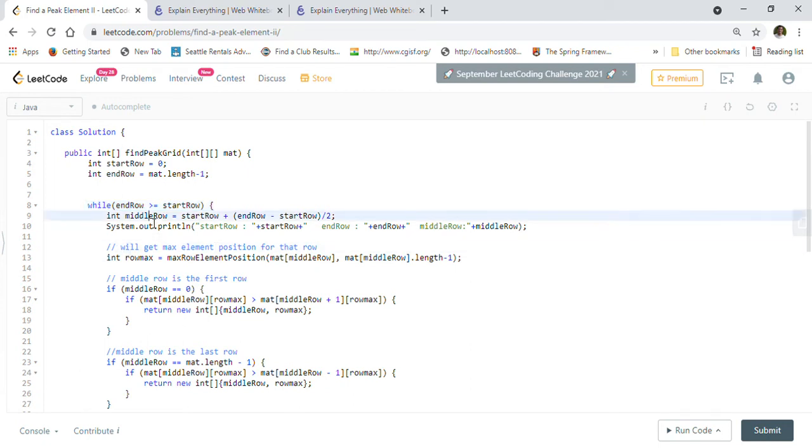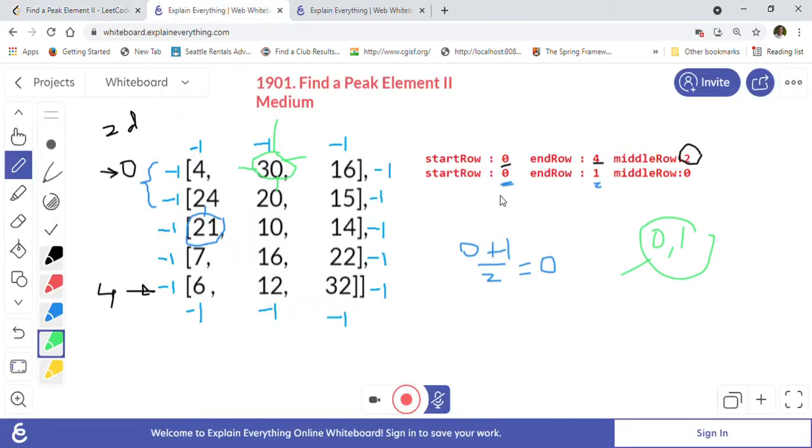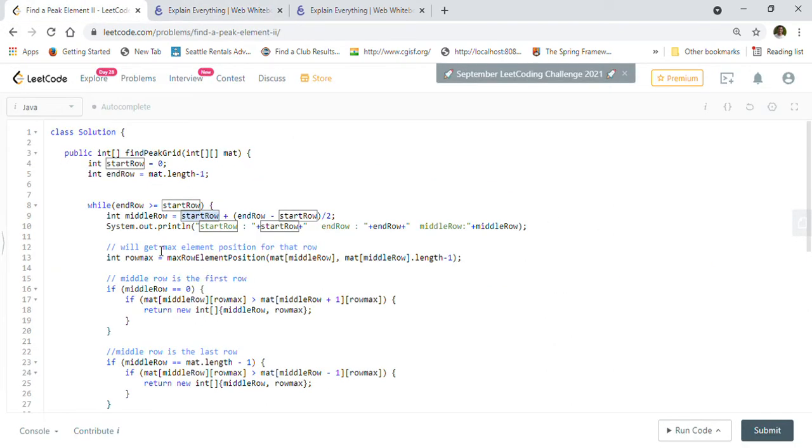We first calculate a middle row by the formula start row plus end row minus start row divided by 2, right? So 0 plus 4 minus 0 divided by 2, which is 2. Like this we calculate the middle row here.